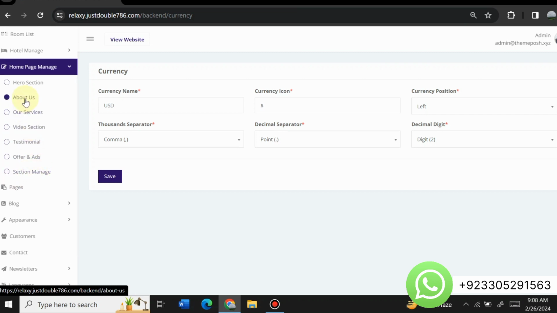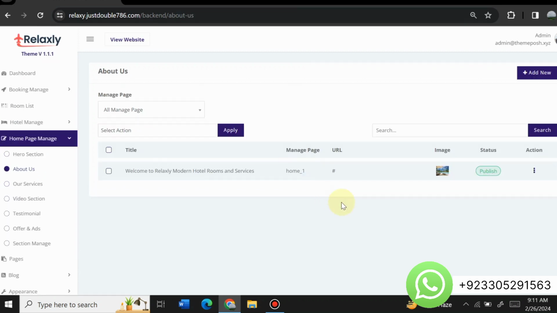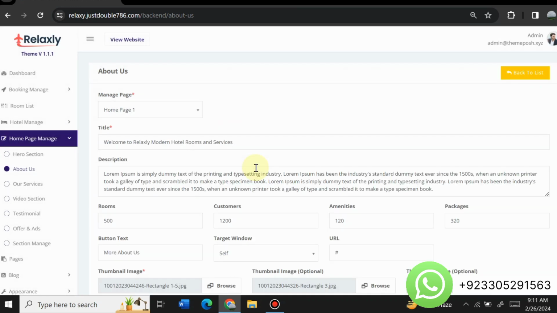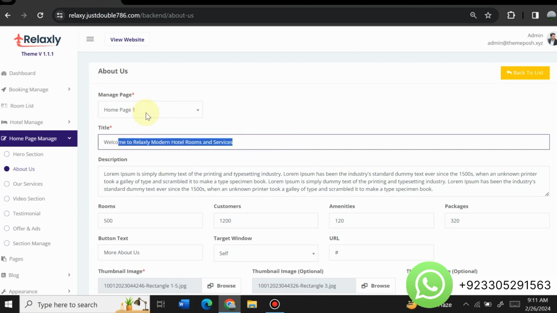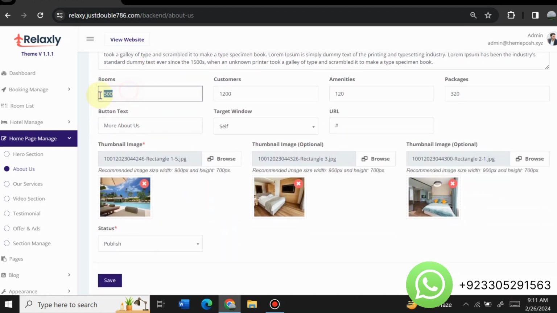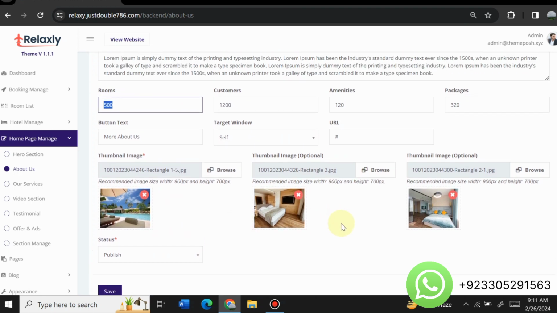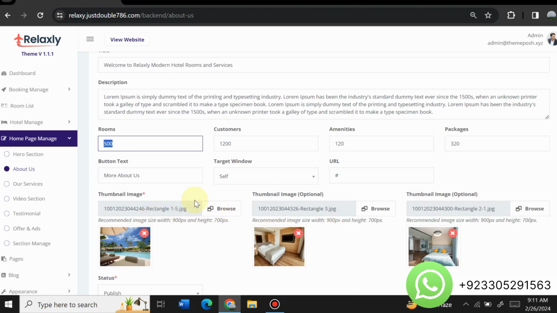So suppose I want to edit the about section of the website. Now just click on it, and here you can see that this is the about us page, and you can completely edit this page from here. Just click on it, and here you can edit all the details that are on your about page. So here you can see the description, welcome text, home page management, rooms, customers. So this is the complete about page, so you can manage it from here, and you can also insert room